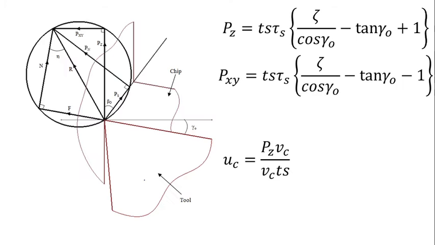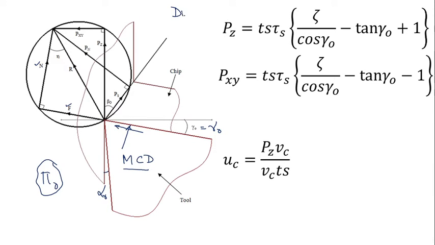So with these forces, as you very well know, you can construct the Merchant circle diagram, where this is the rake angle, this is the clearance angle, and this diagram has been drawn on the orthogonal plane. So this is the construct, and this is your F force, this is your N force that we have constructed. So the F force and N force were here, and this is your PS force and PN force. Only thing is that these are basically minus PS and minus PN. This is PZ and PXY force. These are the forces which are being applied by the cutting tool.